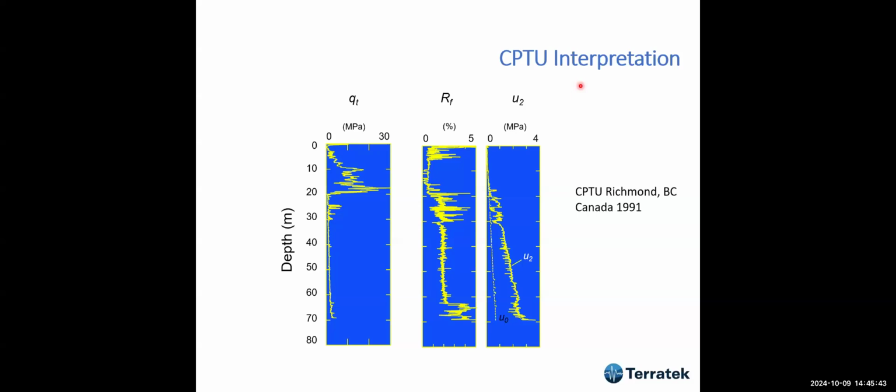And this was some tests we carried out in 1991. I was involved in carrying out this test in Richmond, British Columbia. And you see here, this is certainly, according to the previous interpretation, very easy to see. This is sand, with very high values, up to 30 megapascals. And then it enters soft clay or soft silt, where we have very low values. It's interesting to see that here we have